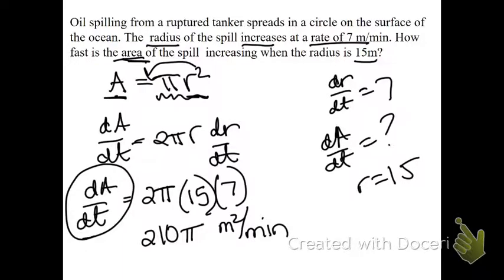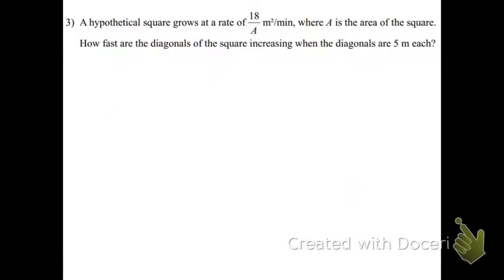That was pretty easy. One more. As we spend more days on this, you'll see that there's actually a lot of good real-world problems, but this would not be one of them. A hypothetical square, whatever, goofy, but here we go. This hypothetical square grows at a rate of this many square meters per second. Okay, so the units are a hint, square meters per second. So what rate are they giving you? dA/dt, the rate of